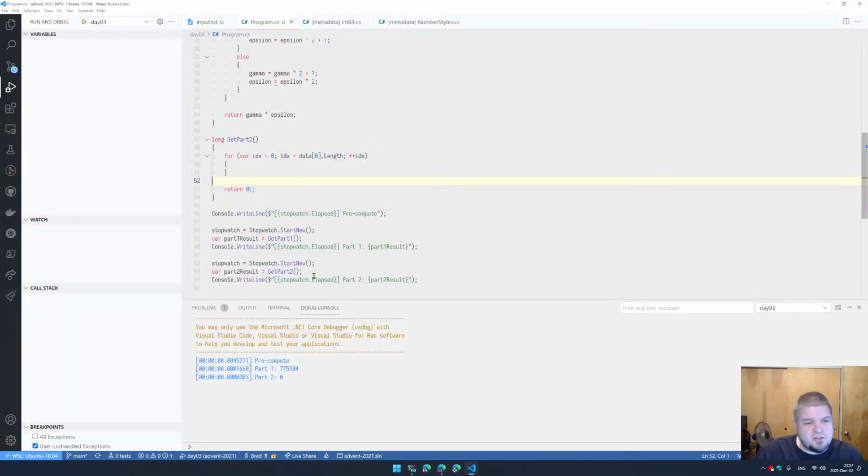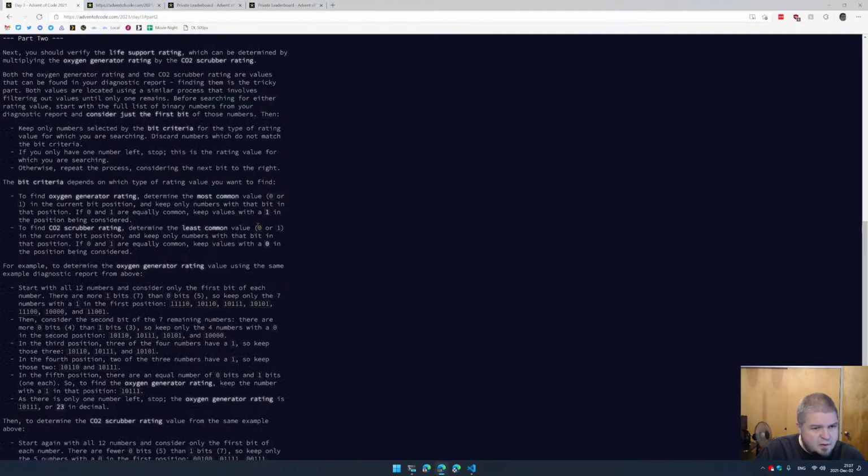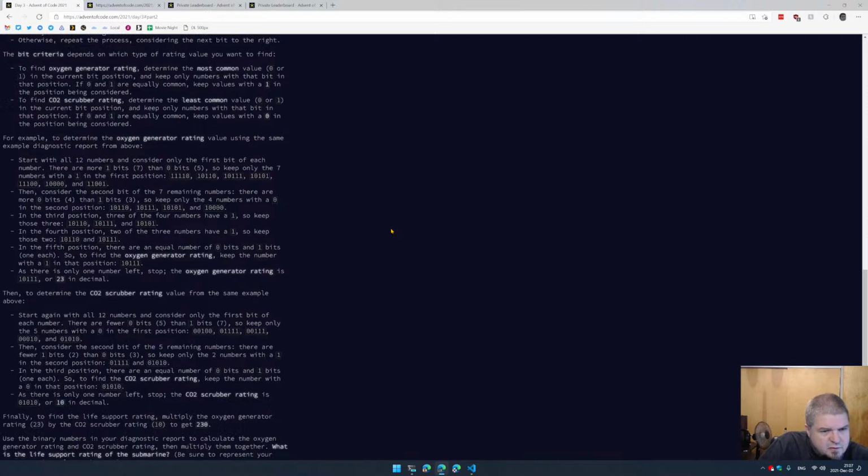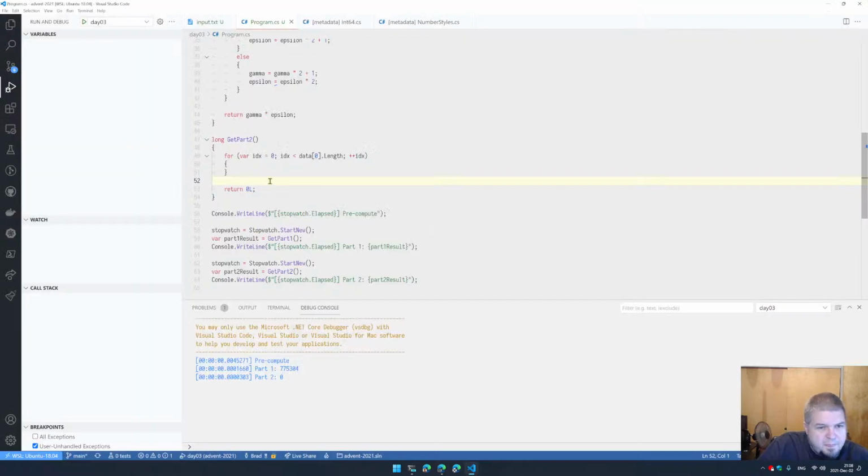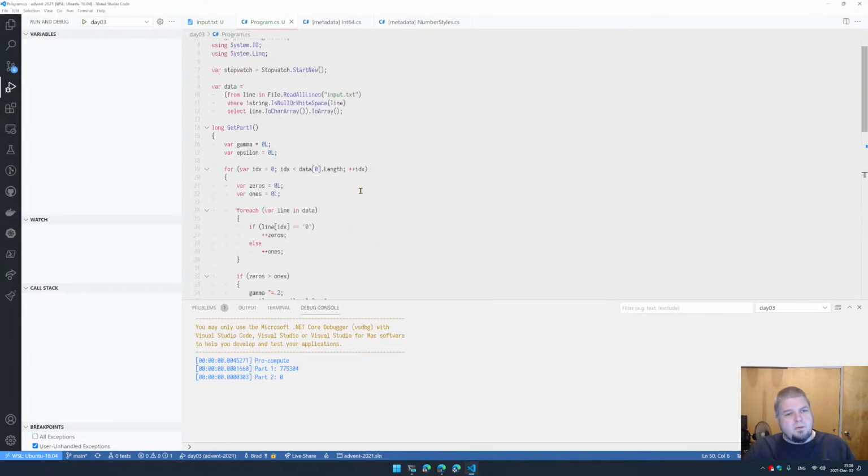So for oxygen generator, start with all 12 numbers. So there are more 1 bits than 0 bits, so keep only the 7 numbers with 1 in the first position. Then consider the second bit. There are more zeros than ones, okay, so in the third position. Okay, so we need